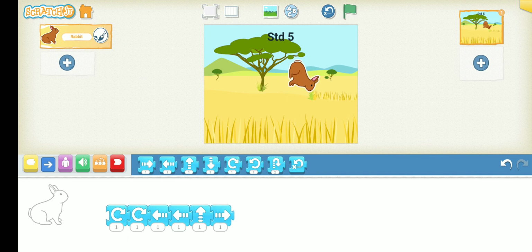See, it happened. So these are very basic things, children. I hope you understood it, and explore more ideas, explore more blocks in this blue color panel. Next time I will explain the more complex options which are present in this app. Hope you understood and you will practice this programming at home. Thank you.